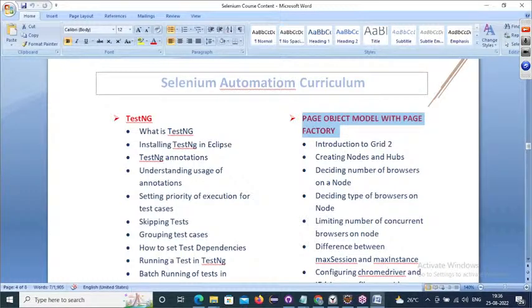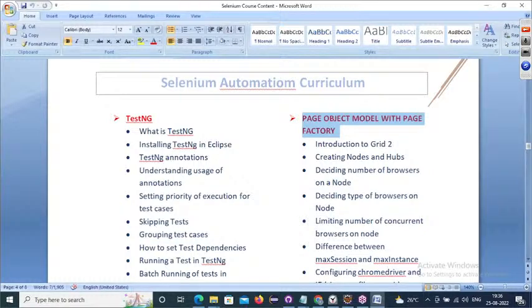And next, coming to the Actions class. When we go with the Actions class, some advanced elements which cannot be directly interacted with by the WebDriver, that kind of actions can be taken care of by the Actions class. The kind of advanced web elements can be interacted with the Actions class when WebDriver is not supporting. Like